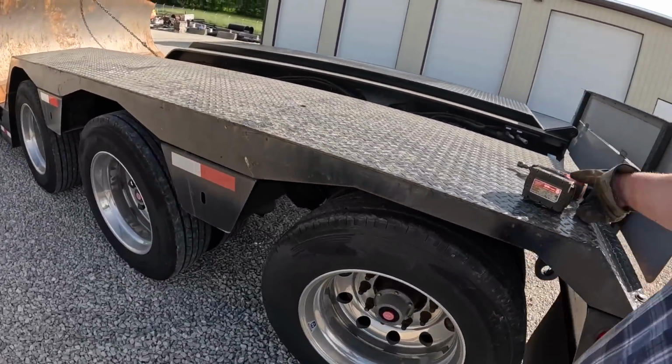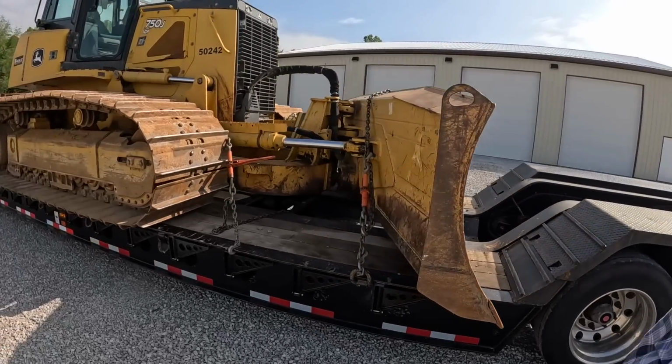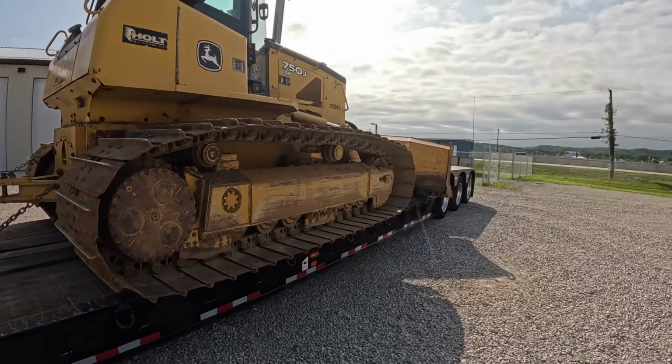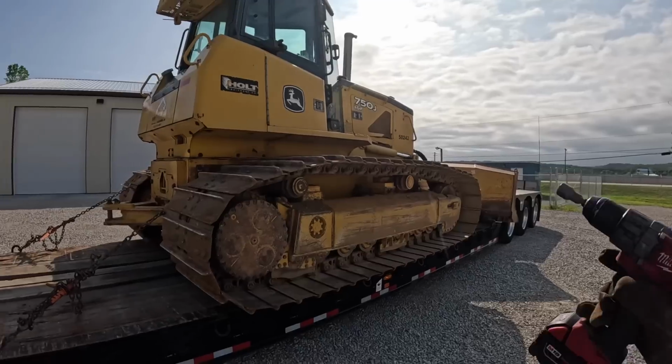I'm gonna put a rear axle down, double check everything, and we'll get rolling out of here. We got our 4 chains on each corner like the DOT says, and we got one up over the blade to be legal. This machine's not super heavy, so